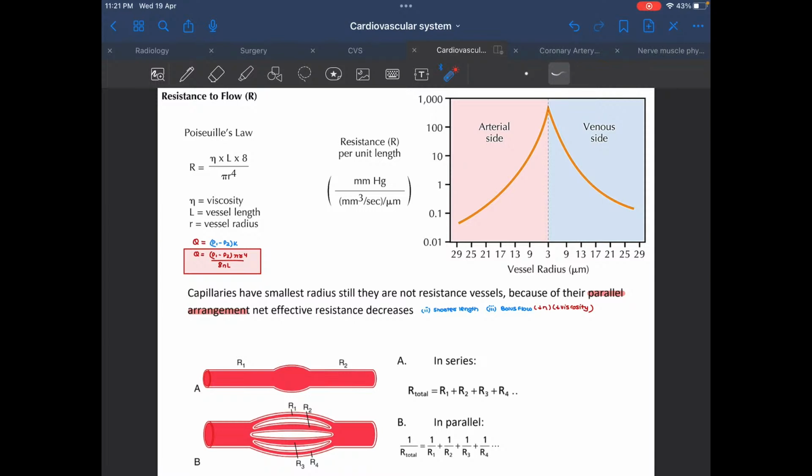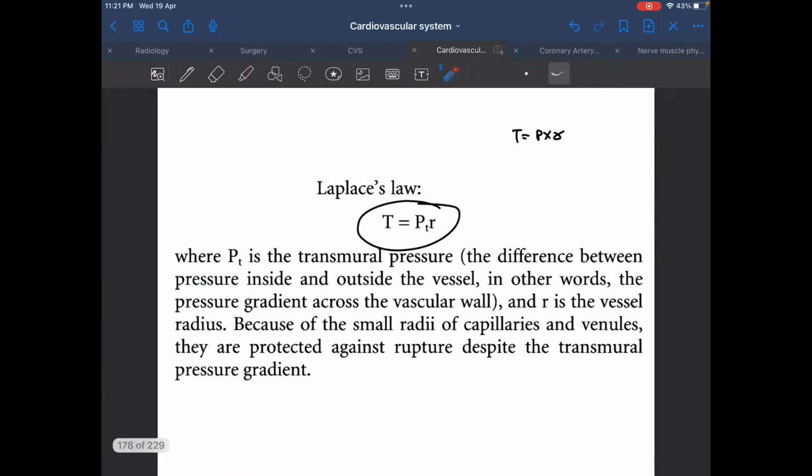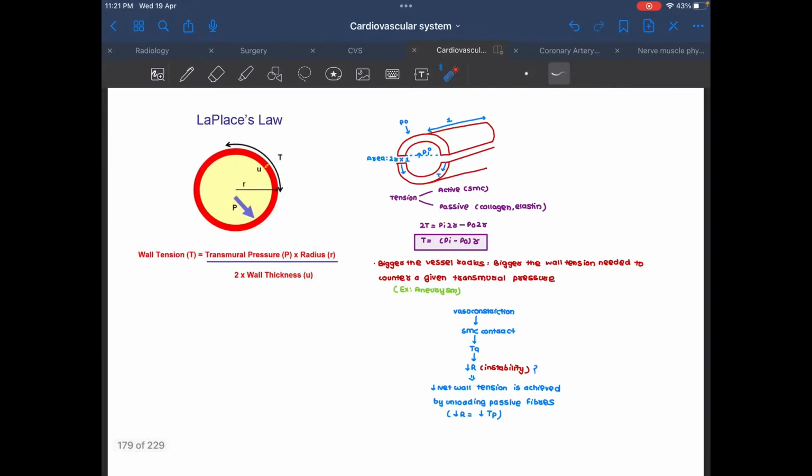The second factor which is going to contribute is that capillaries have a very short length. So because of that, resistance is further going to decrease. And just remember, capillaries have this phenomenon known as blood bolus flow, through which they decrease their viscosity. Through that they can also contribute to a decrease in the resistance seen in the capillaries. We have already seen the Laplace law, but just remember, when we talk about the Laplace law for blood vessels,